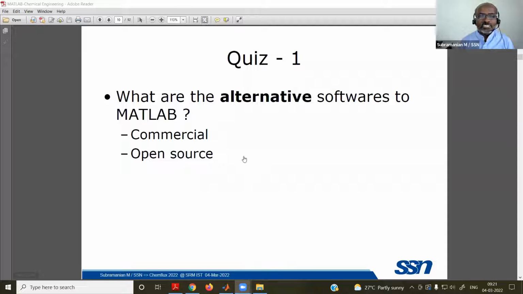Thanks for the first answer, Scilab, by Ritik. Maybe I can wait another 30 seconds. Of course, you know about this nice software from your first year itself, no? In the first year there is a software programming course where you used to learn a software. Python, nice. Yeah, right. Thanks. Even Python itself is good enough for doing all kinds of this processing. Even I came to know about Python only in recent years.